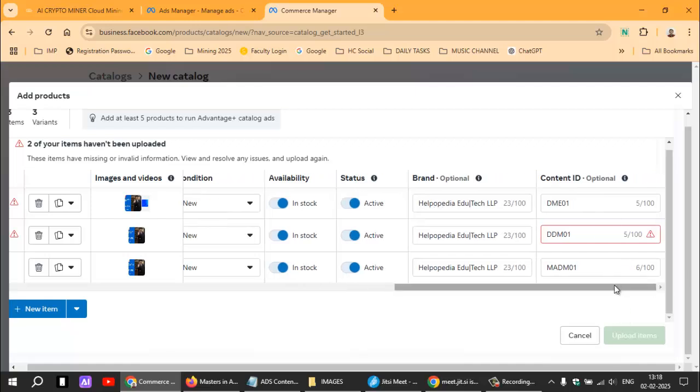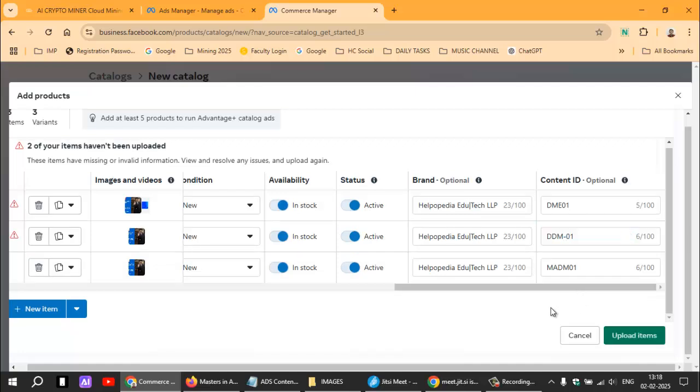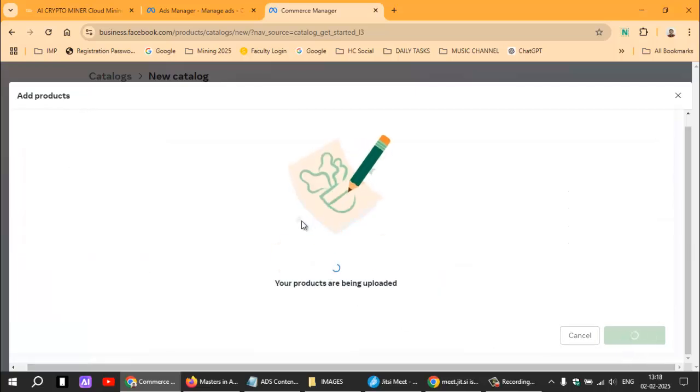So now let's see. I still don't get, there is one item with issue. So over here, what is the issue? Another item in your catalog uses this ID. I'm not using this ID. Okay, fine. This is a DDM01. Still it says okay, fine, not a problem. So upload a product. Okay, I should not have uploaded. I should have added an item. That would have saved time. But anyway,